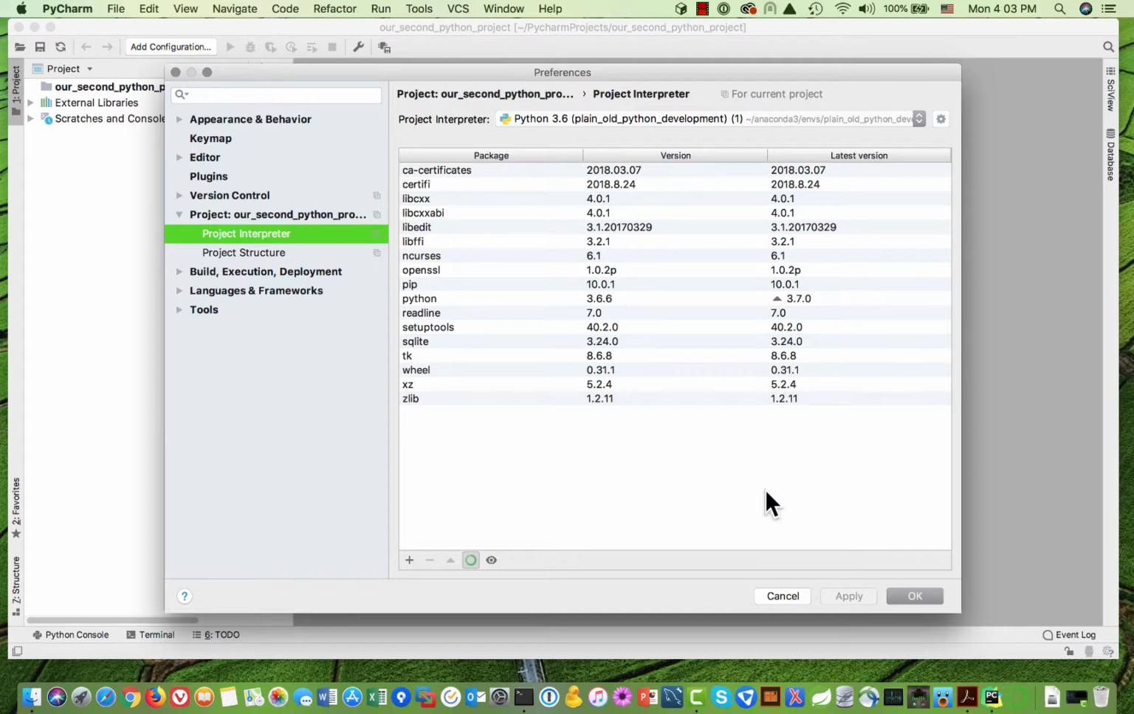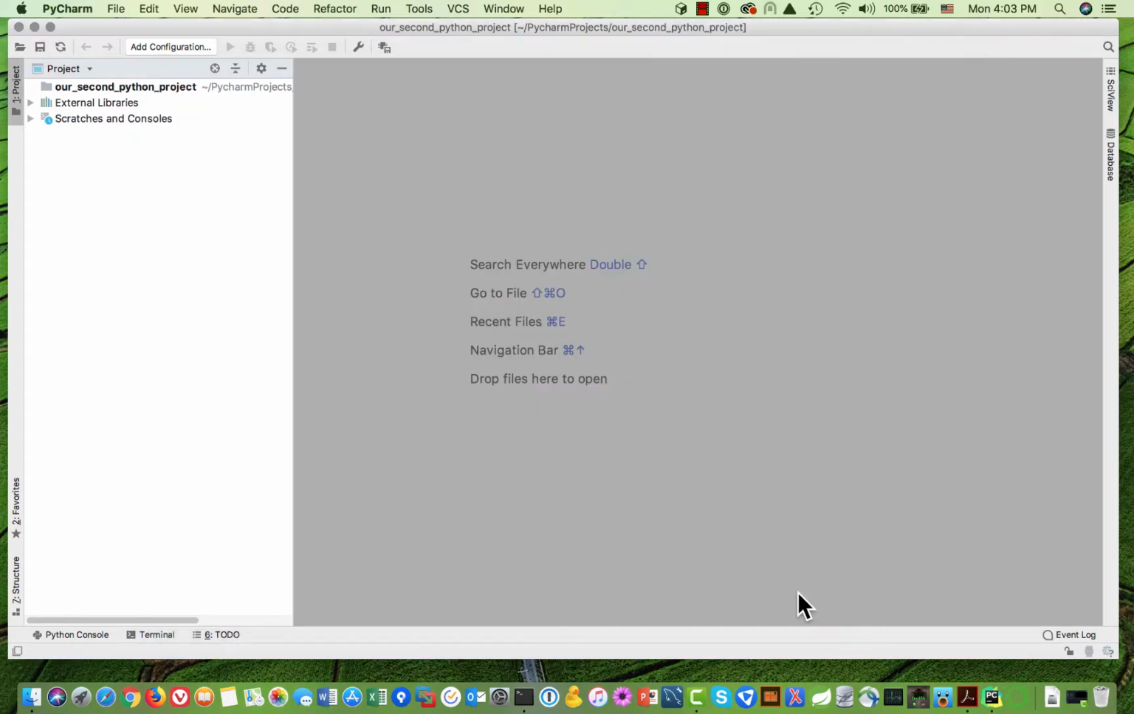environment. It's not only when you create the project that you can configure it to work with a particular virtual environment. Okay, well, we're not going to change that. So